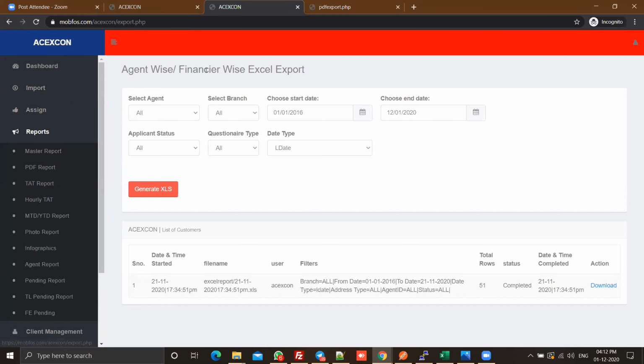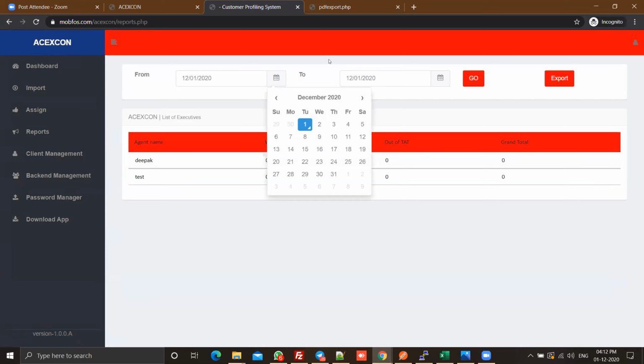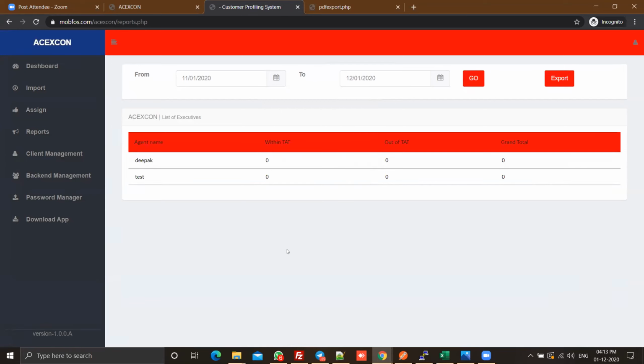Other than this master report, we have the TAT report, wherein we see the cases closed by the executive within the TAT and outside the TAT. We set a TAT such that from the time of assigning to closing, it should be closed within 4 hours, or else in the app itself the case will be shown as expired.